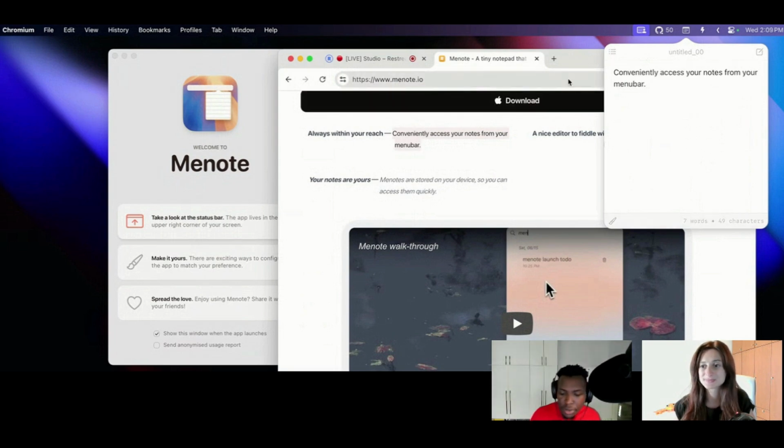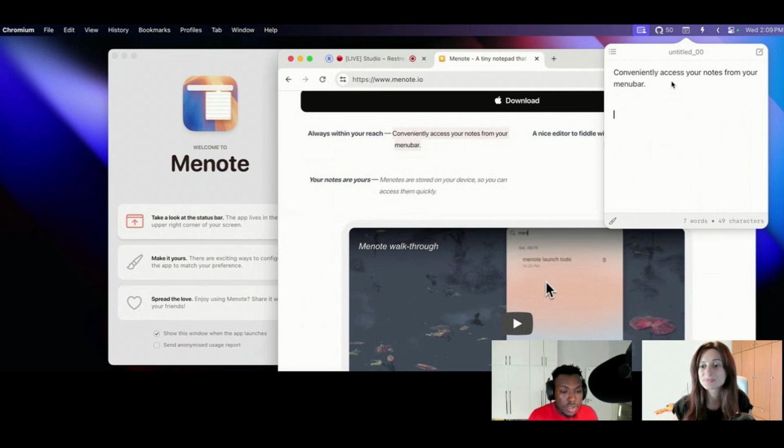Every one of your texts, your ideas, everything, you can paste it over here. Say you want to copy a snippet of code, you can copy the code, paste it over here, and whenever you want to move it to a more grand note-taking app like Obsidian, then you can do the stuff properly, edit over there. And also Menote fully supports Markdown, and all of your notes are stored in Markdown, so you can easily integrate this with Obsidian if you like, or any note editor really that uses Markdown or can import Markdown.